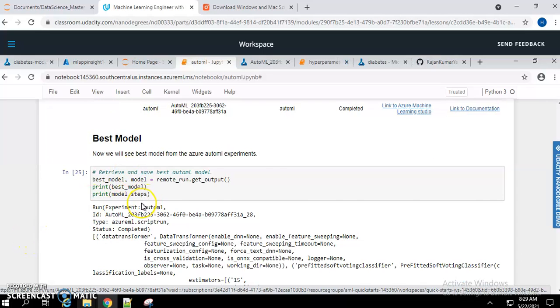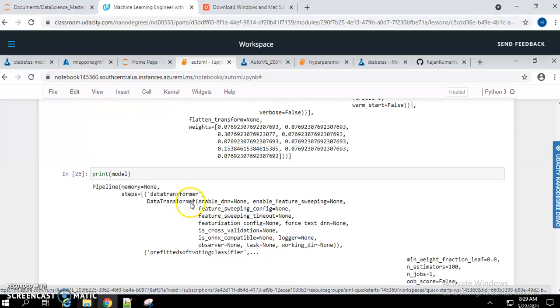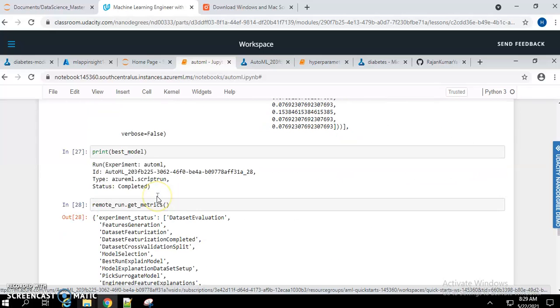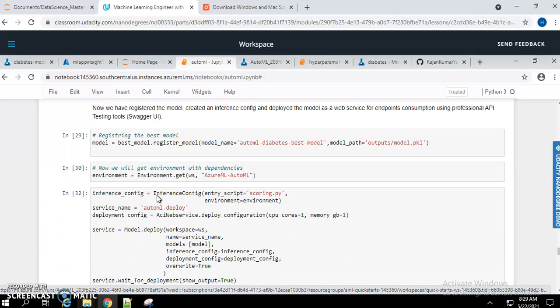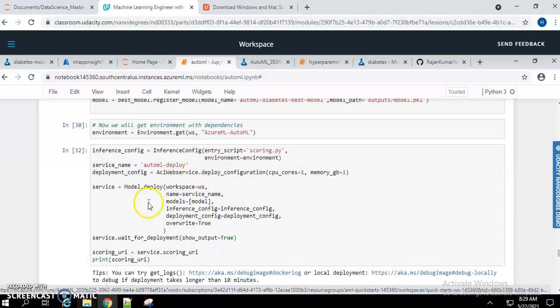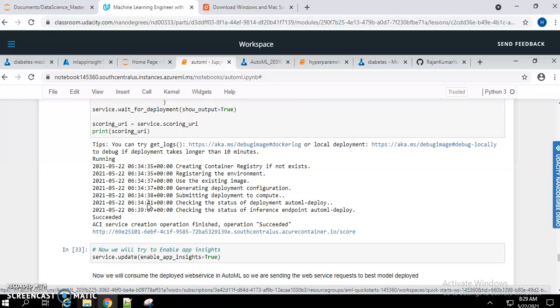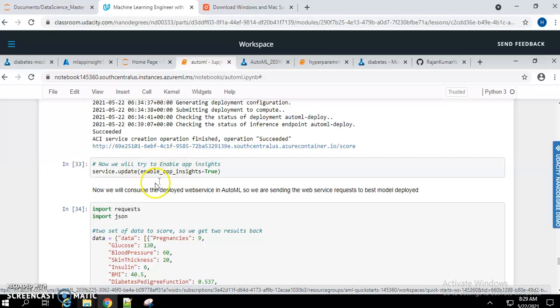Here I have tested and printed the best models, and now you can see I have deployed the model using Jupyter Notebook, and this is successful.